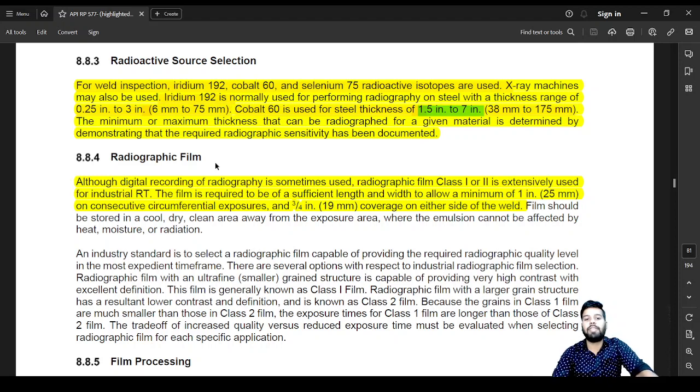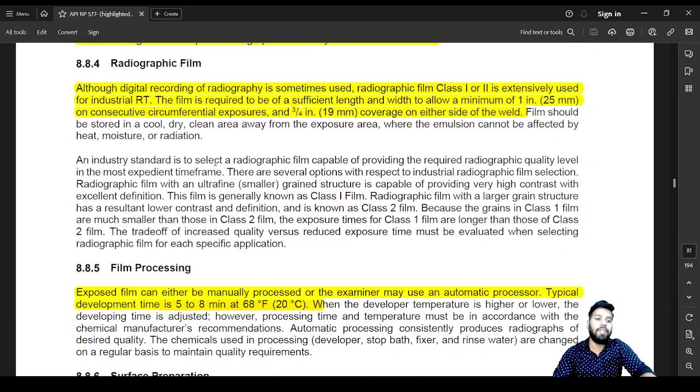The minimum or maximum thickness that can be radiographed for a given material is determined by demonstrating that the required radiographic sensitivity has been documented. Radiographic film. Although digital recording of radiography is sometimes used, radiographic film class 1 or class 2 is extensively used for industrial radiography. The film is required to be of sufficient length and width to allow a minimum of 1 inch